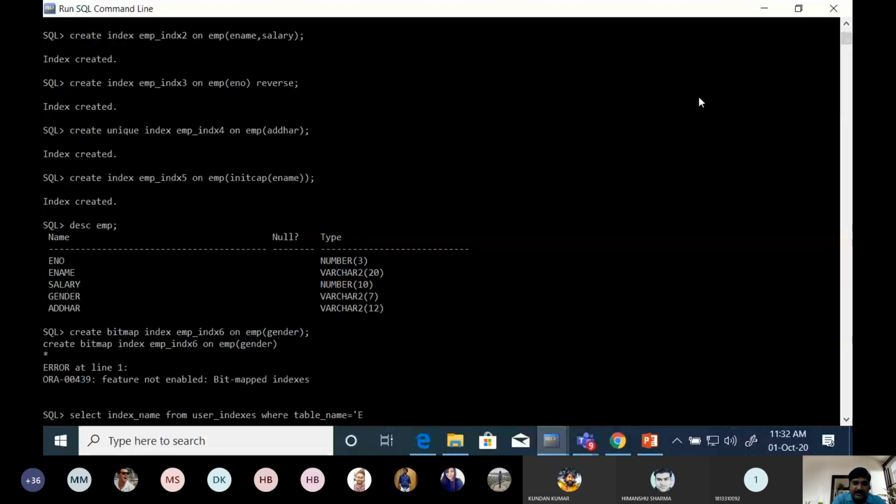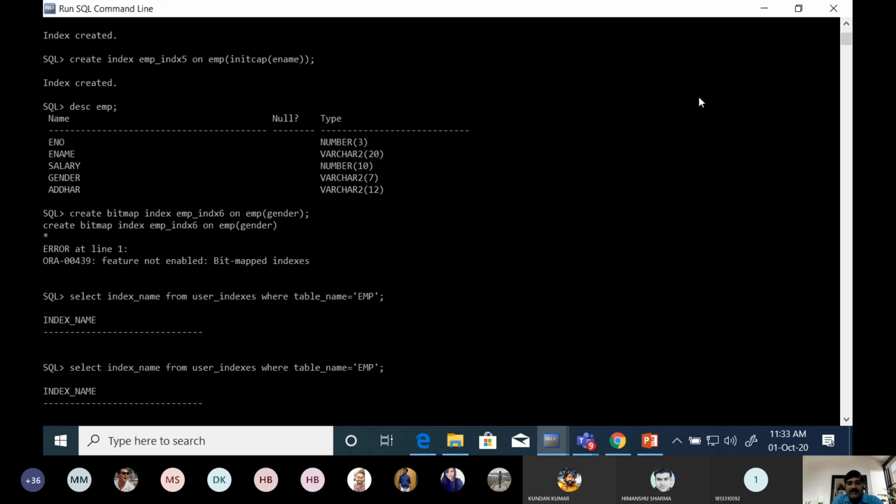All the data are stored in metadata, meaning the system generated table user_indexes. So if we want to see how many indexes we have created on the imply table, through this command you can see all the indexes.